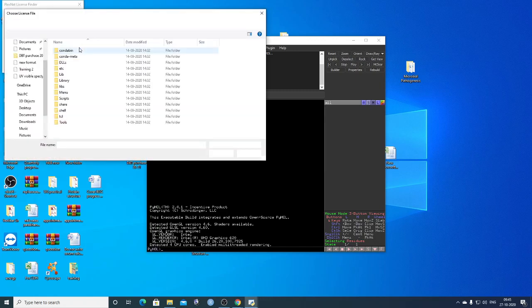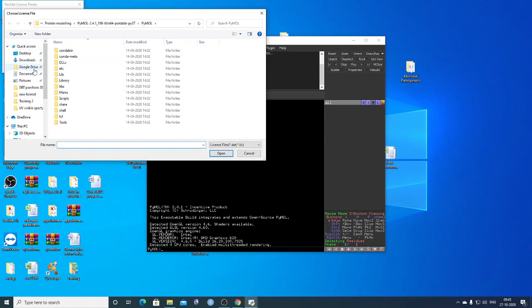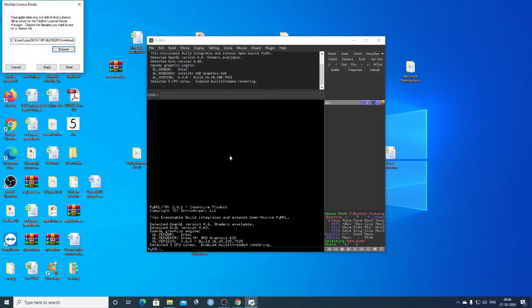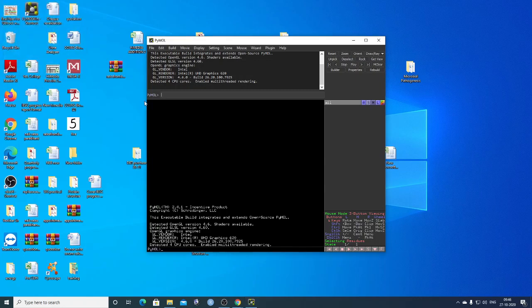It is taking some time. Now, in downloads, this is a license file. It's also a license file. So we will put this file, click next, and finish.